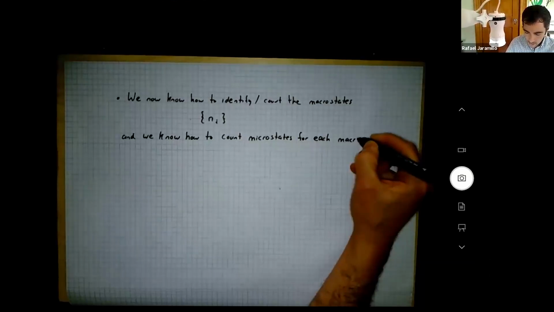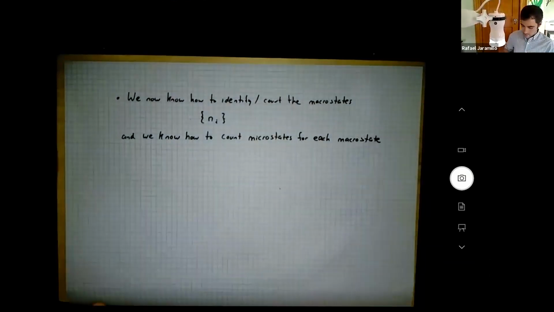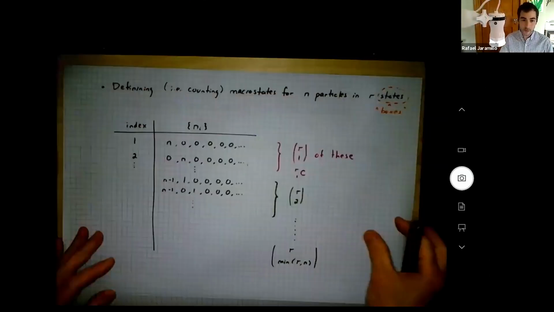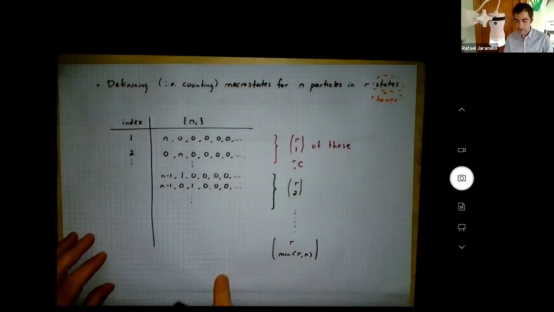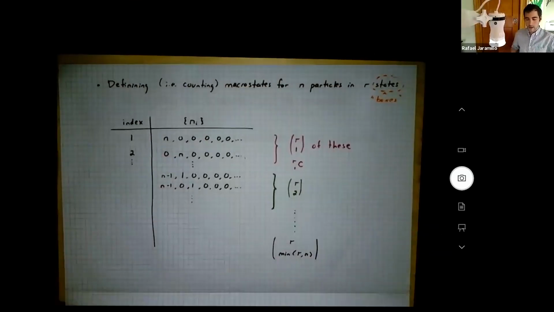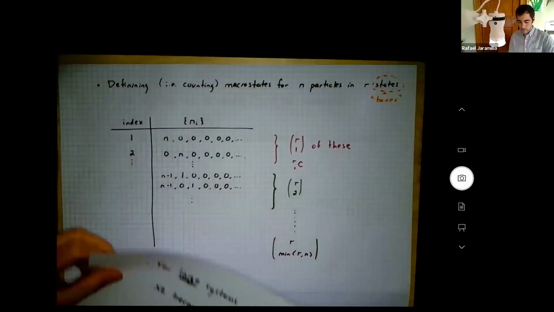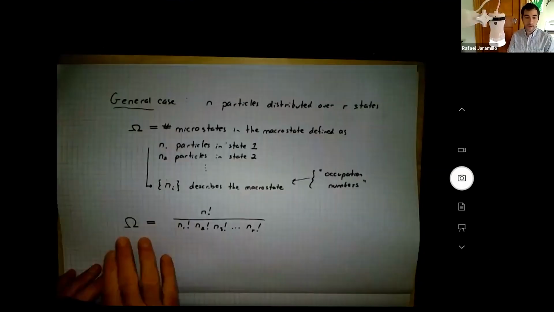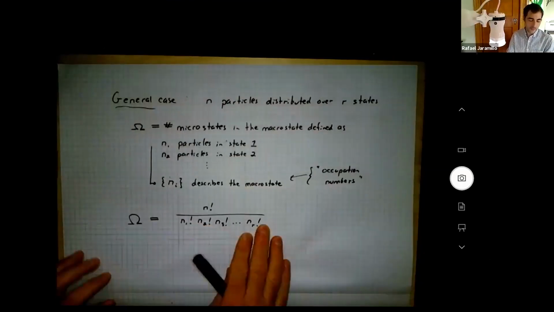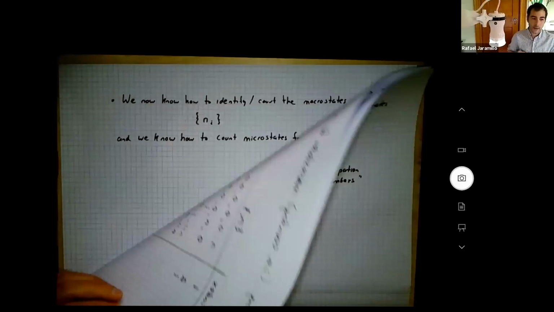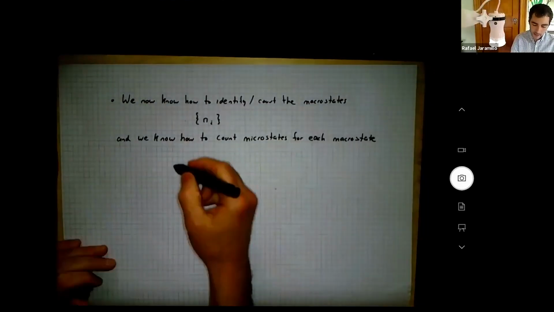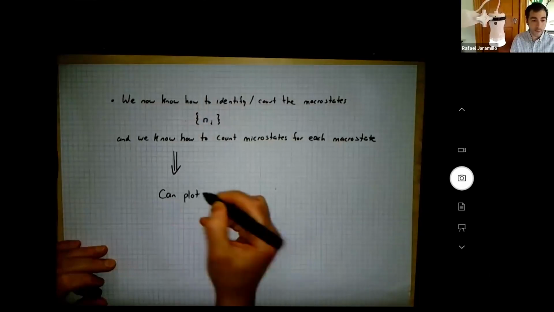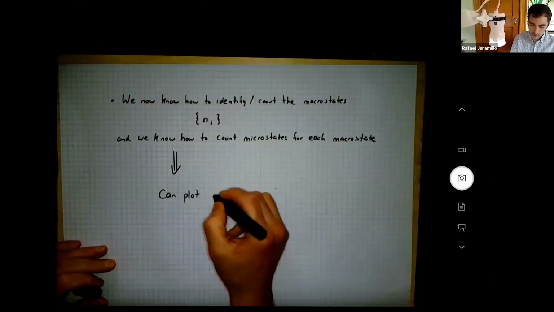We have a systematic way of moving through all the macrostates and describing them and counting them. And we have an equation for the number of microstates for a given macrostate. So we have this procedure, this algorithm, and now we can calculate and plot the distribution function